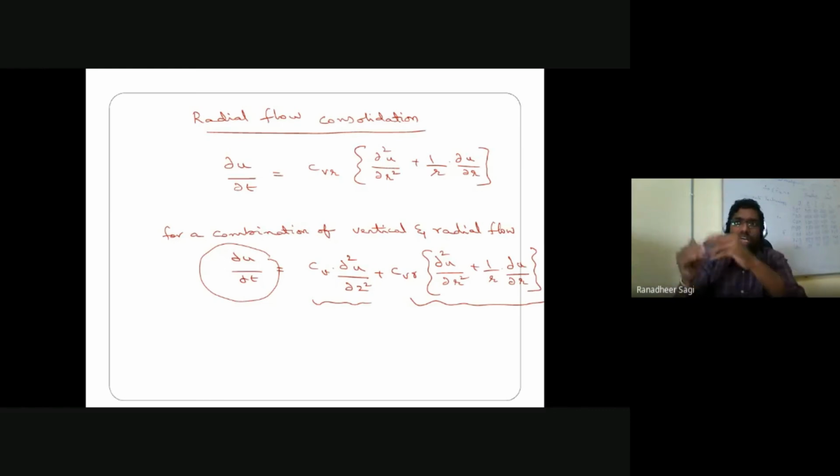Instead of waiting for 5 years, I can try to finish it in maybe 6 months. And once the consolidation settlements are expected to be completed in that ground in 6 months, then I can go on to construct my structure on that ground without any issue immediately after the 6th month. Because whatever excess settlements were expected to happen because of the consolidation process were completed in the ground. Whatever settlements are expected in the later stages are going to be very nominal, because any structure you design is designed for some serviceable or permissible settlements.